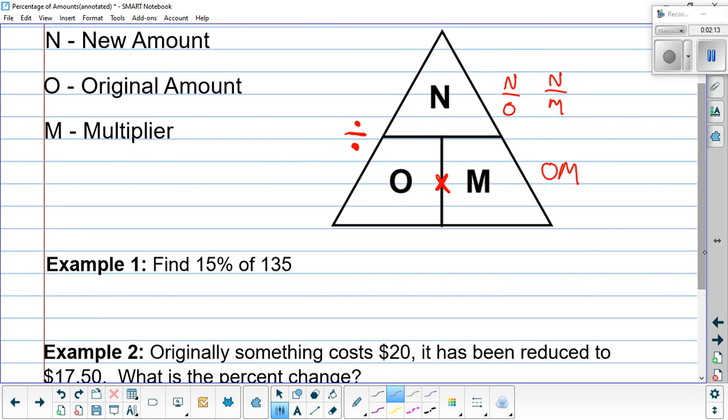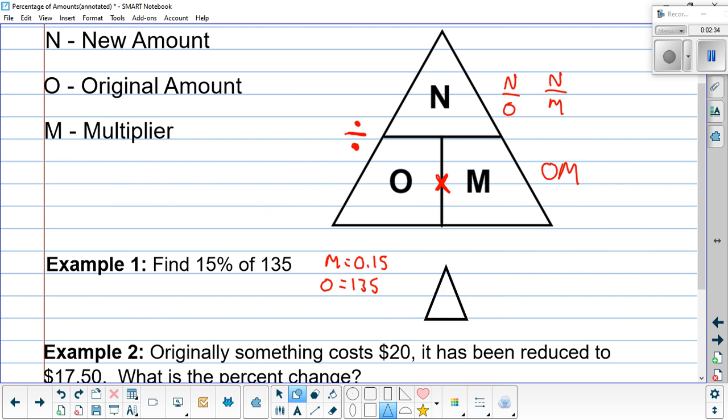Find 15% of 135. Well, we know that 15% is M equals 0.15. And then 135, well, that is our original, O is 135. So, using these, I always implore people to actually draw two triangles, one to set up